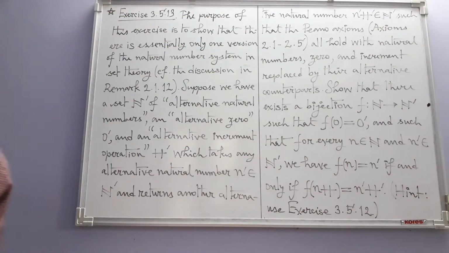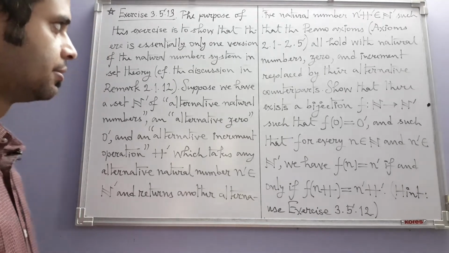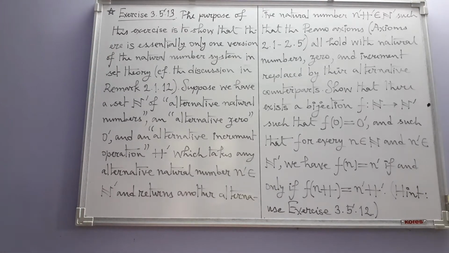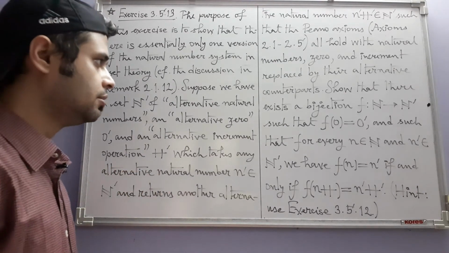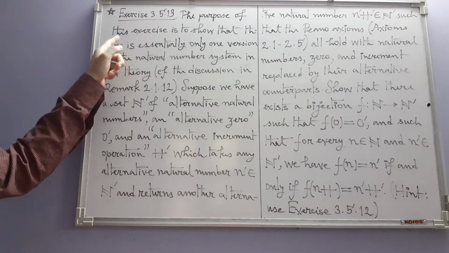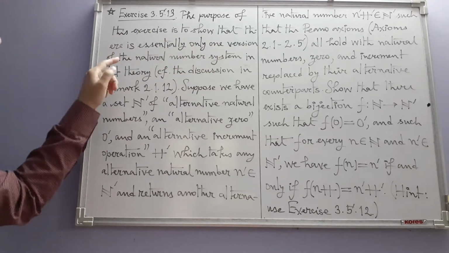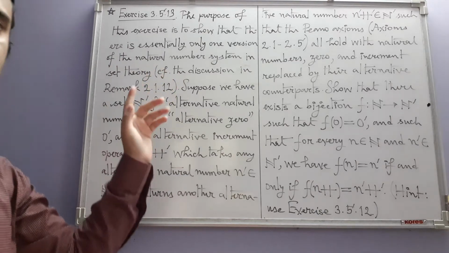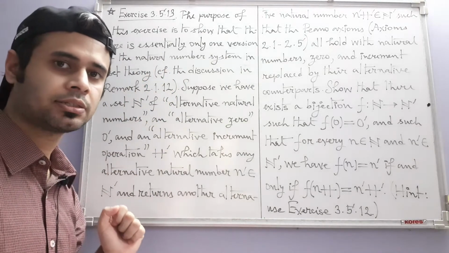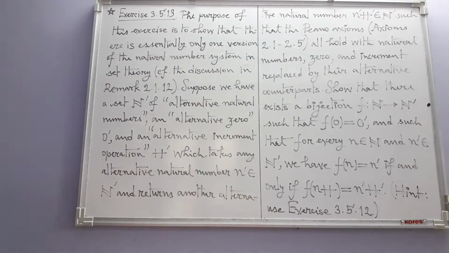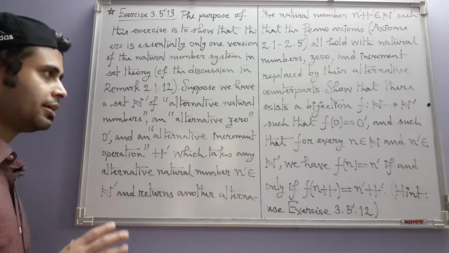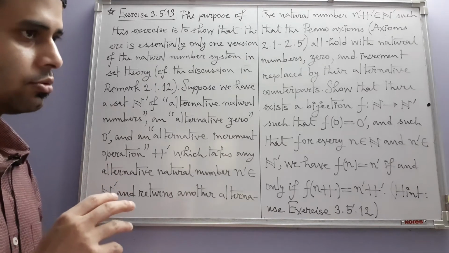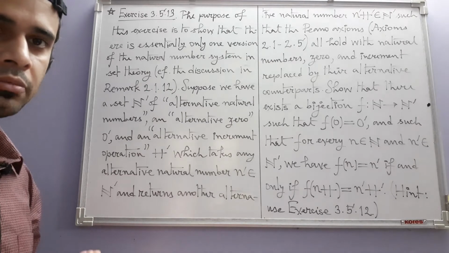Finally we have come to the last exercise. So in this exercise, let me just read what the exercise says. The purpose of this exercise is to show that there is essentially only one version of the natural number system in set theory. What it means is that if you go back to some of the discussions that we had